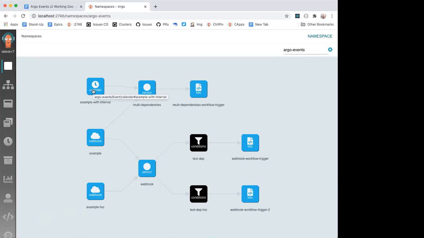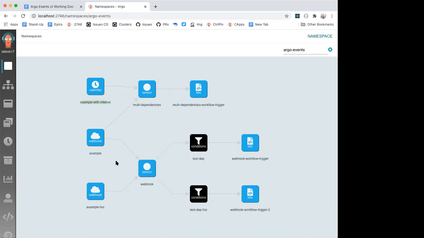This is different to how things are shown in the Argo CD and Argo Workflows user interface, in that this is a label on the bottom, and then the icon and the name indicate the entity type. So this is a calendar, so the icon is a clock. This is a webhook, and the icon is a cloud. There are other ones. I chose a credit card for Stripe because that amused me. And Git and GitLab both have a Git code branching symbol, so you can see different ones.